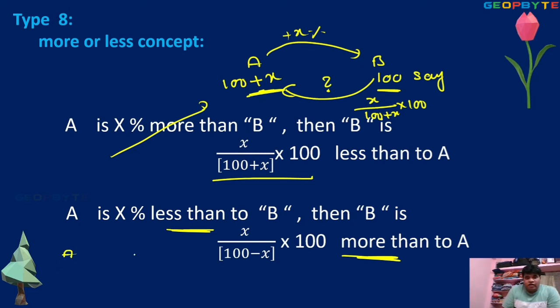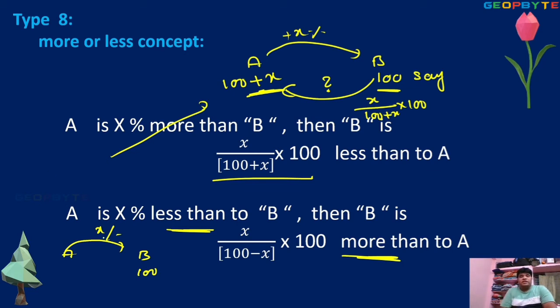Once again, the formula proof. B's value, I don't know, so take 100. A is x percentage less. You remember, children, first of all, in 100, any number has the same percentage, not a problem. In 100, 1 rupee is 1%. In 100, 2 rupees is 2%. In 100, 5 rupees is 5%. In 100, x rupees is x percentage directly, because we are taking the universal value 100. That's directly not a problem.